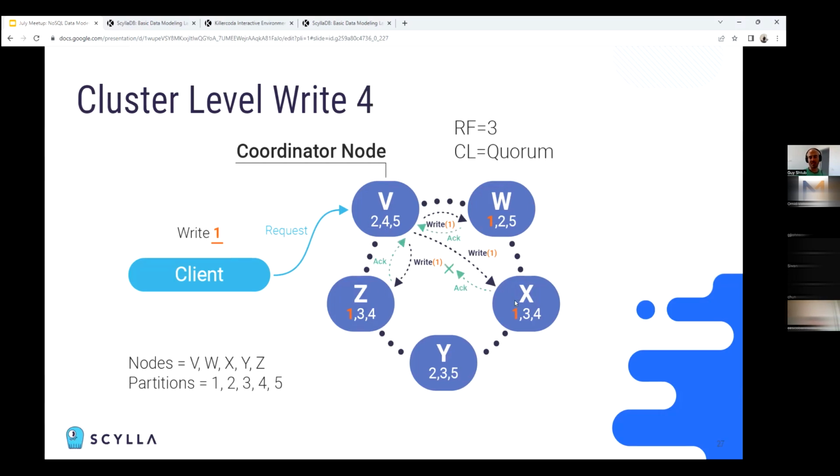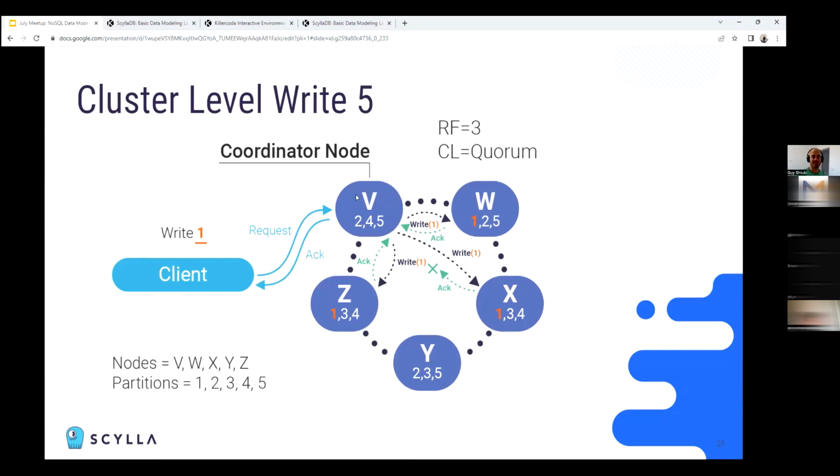And in this example, for some reason, say there's a network failure, the acknowledgement from node X to node V does not pass along. And here we have something called consistency level, which I didn't really talk about. Consistency level can be configured per query, and it defines the number of nodes that need to acknowledge a read or a write request for it to be considered successful. In this case, the consistency level was defined as quorum, and that means that 2 out of 3 nodes need to acknowledge the request. For that reason, this request will be successful,